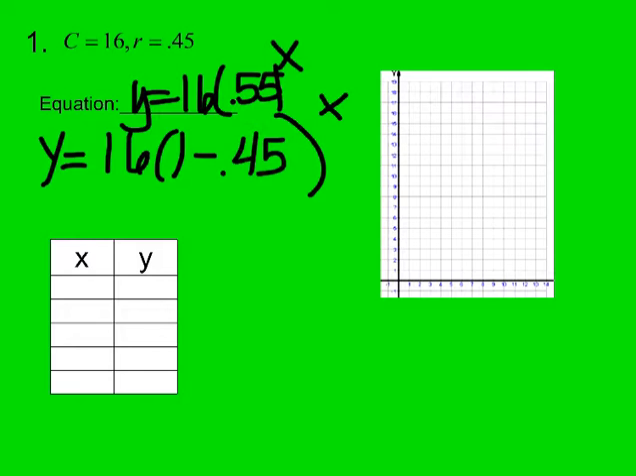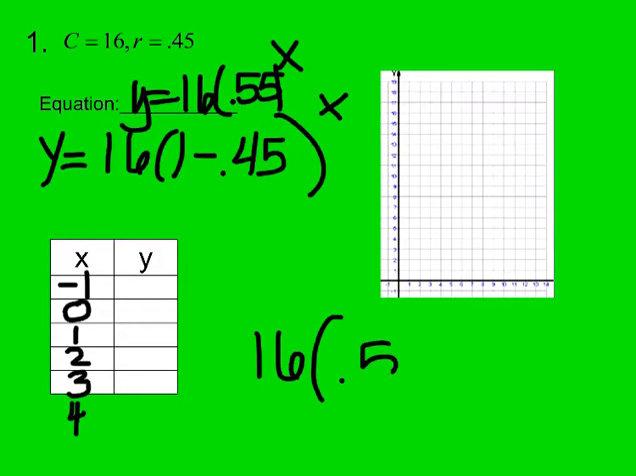So now we're going to fill out this chart. Now when I do exponential decay, I actually like to start my chart at -1, and then I do 0, 1, 2, 3, and 4. Really all I'm doing is plugging that in for the exponent. So I have 16 times 0.55 raised to the x power. My first one would be raising it to the -1 power. Well, that's going to give me